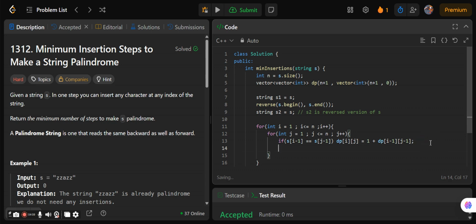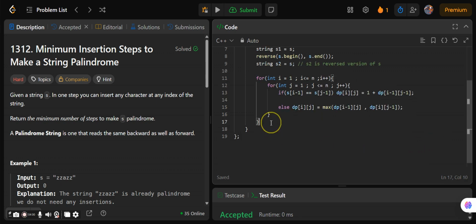And else, dp of i comma j is equal to the maximum of dp of i minus 1 j comma dp of i and j minus 1. And finally here we are going to return n minus dp of n of n.